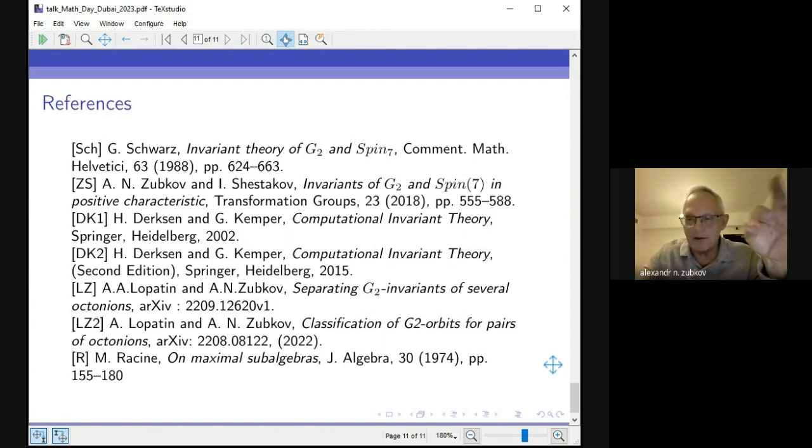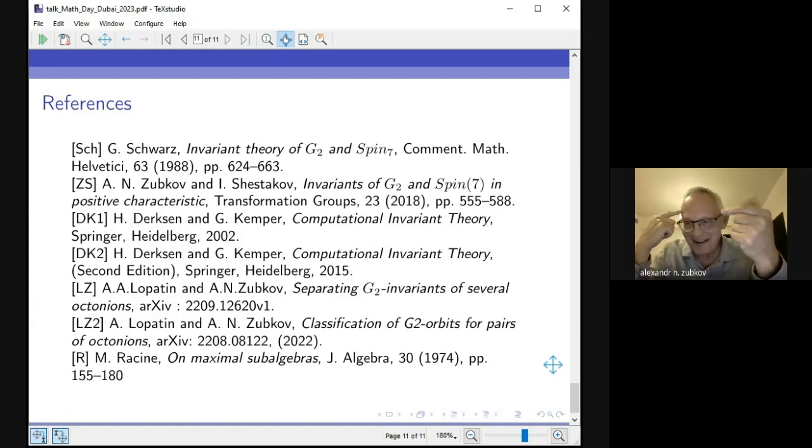Assume that you have an invariant of degree n. If it is multilinear, it means that this invariant depends on n general octonions, or n general